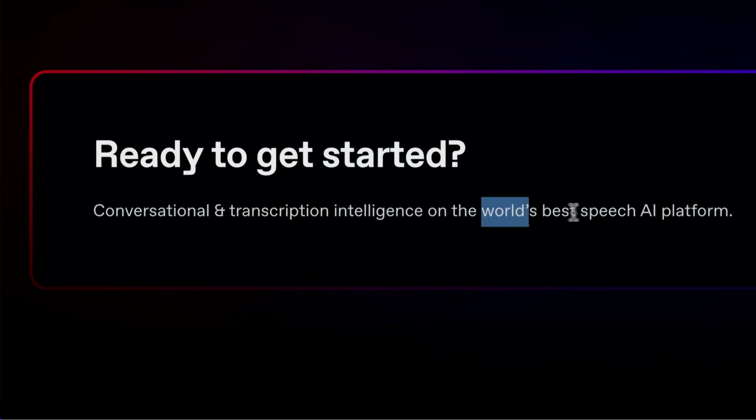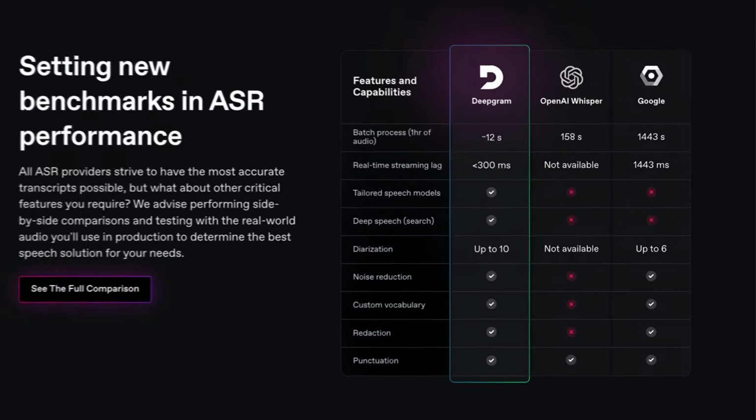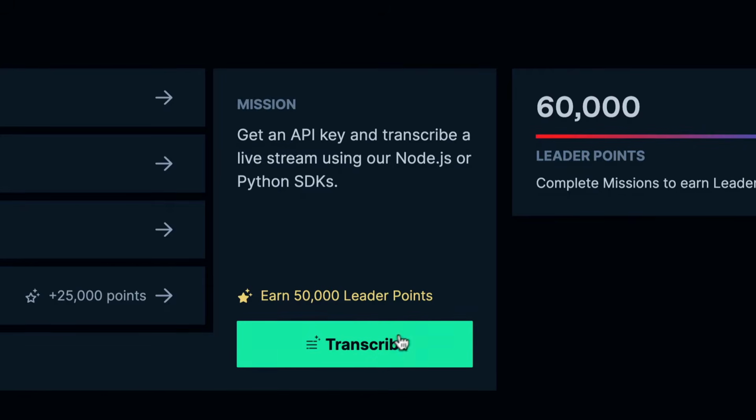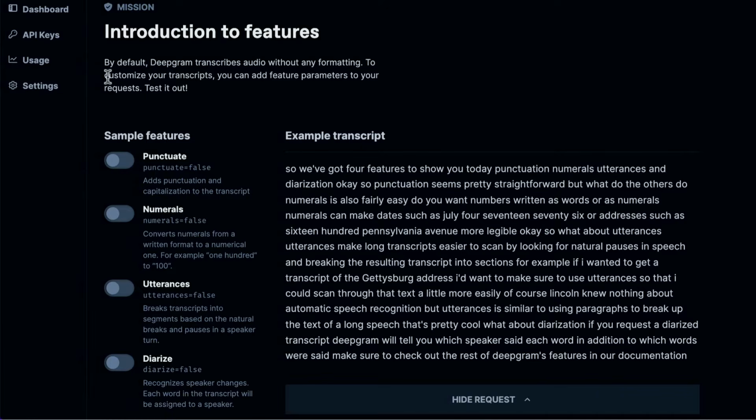Deepgram is also the world's best speech AI platform, according to themselves. They do actually compare themselves to OpenAI and Google, and they come out on top. Let's see what's under the hood. Besides having a playful interface and fun onboarding experience with small quests to complete, the coolest thing about Deepgram is